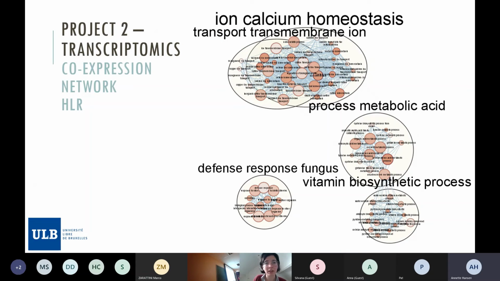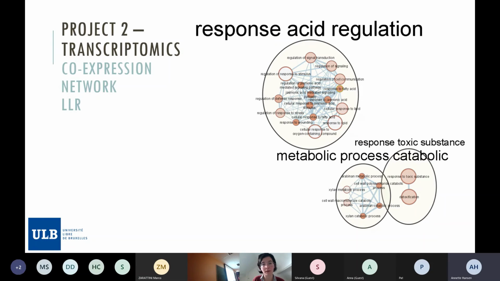And I also developed co-expression networks for both the two main phenotypes. So these are just the genes specific for the high lateral roots phenotype, and they've been classified. I used Cytoscape, and they've been classified according to their function. As you can see, again, here we have a lot of transports. And on the other side, those specific for the low lateral root